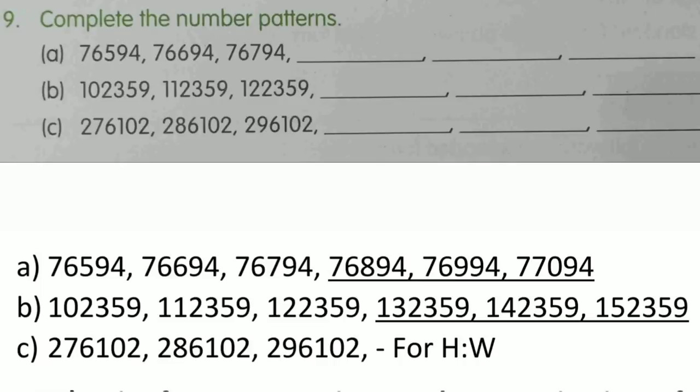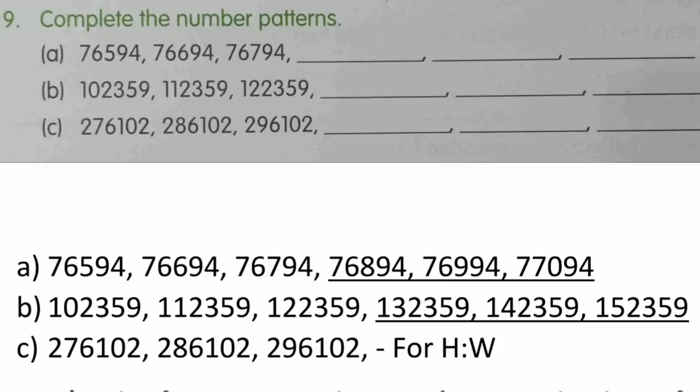The second pattern is 102359, 112359, 122359. If you look carefully here, you will find that there is a difference of 10,000. To find it, subtract 102359 from 112359, and 10,000 will come as the answer. So for finding the next number, you just have to add 10,000 to the given number. If you add 10,000 to 1,22,359, you will get the answer as